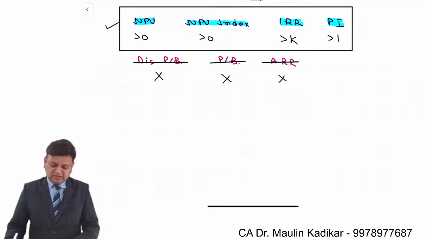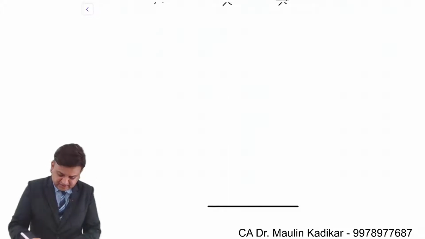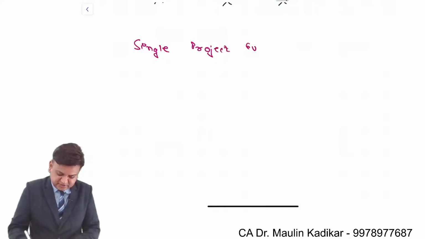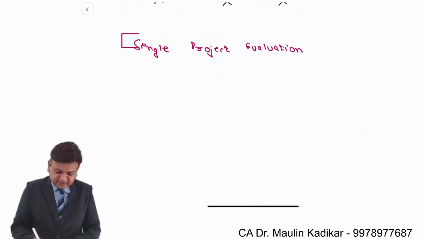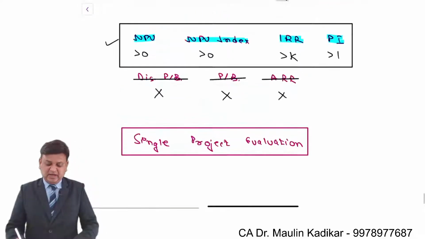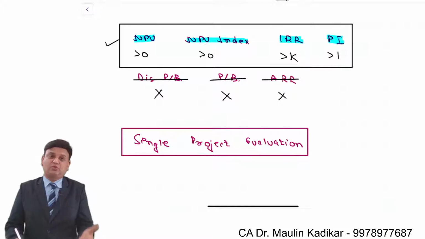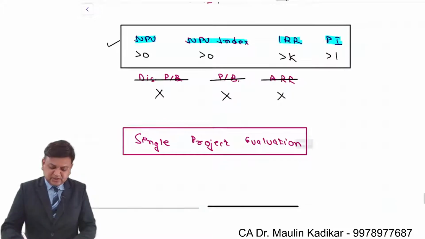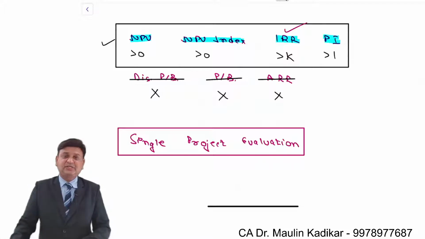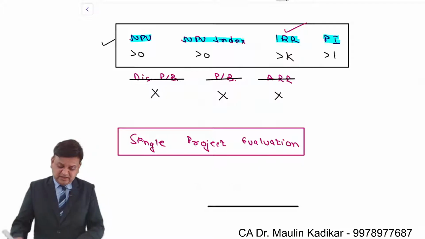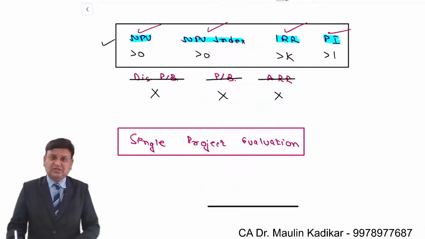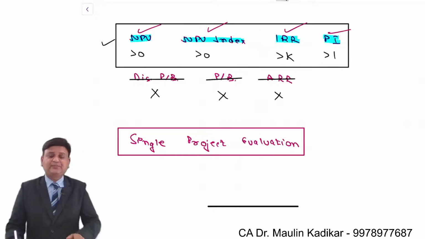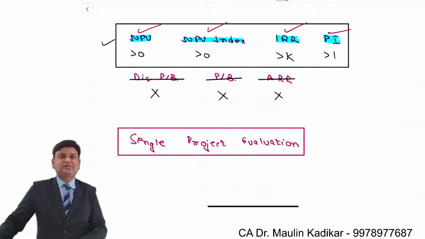So we can draw a conclusion that for the purpose of decision making with respect to single project evaluation, we can adopt one of the four criteria, and all four of them will give the same conclusion. If somebody is adopting IRR criteria and writes the answer that the project should be accepted, then the other student will also have the same decision. The decision will never change based on the criteria that we adopt for decision making.